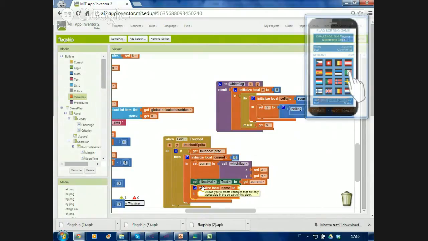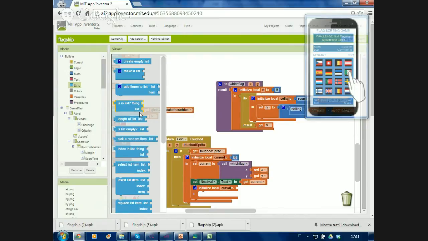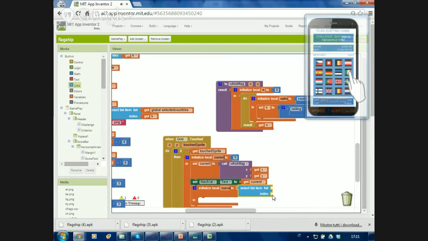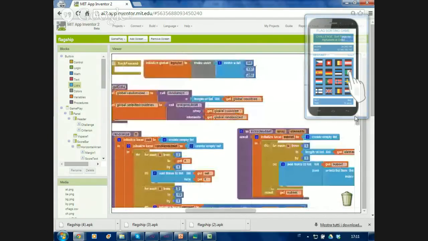This local variable represents the current value of the sorting parameter, so I call it the car val. And I can directly initialize it at the proper value, which is taken from a list. The position in the list is represented by variable current, is this one, while the list is a list that I added before starting this session,